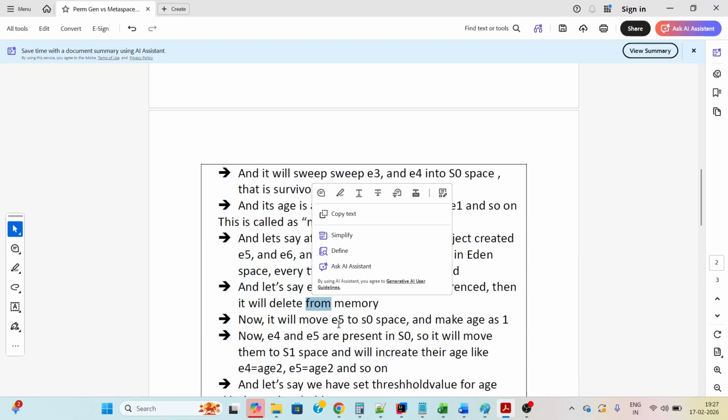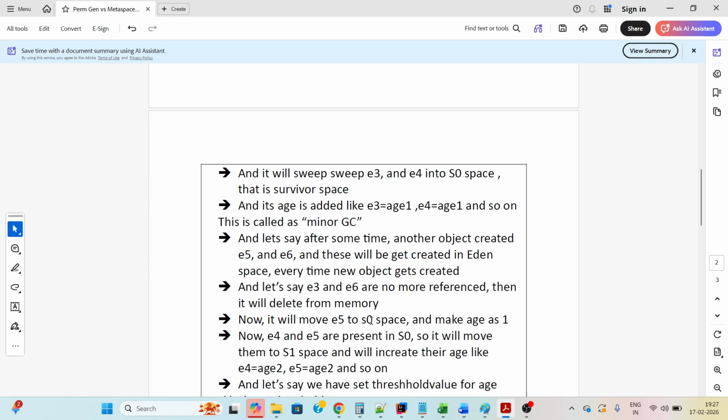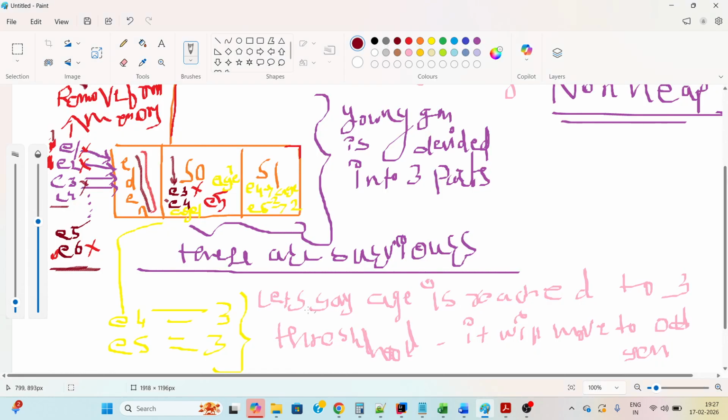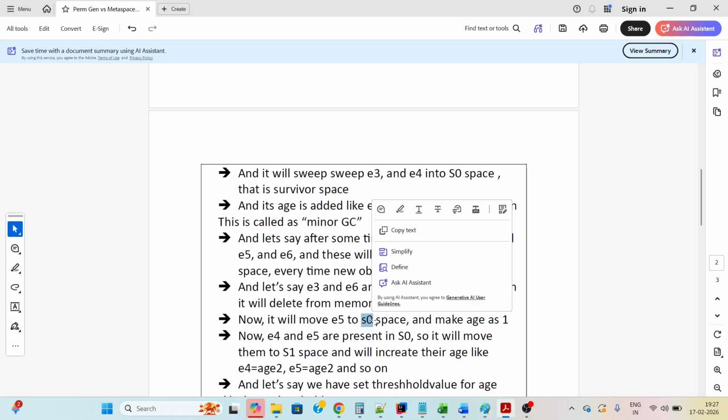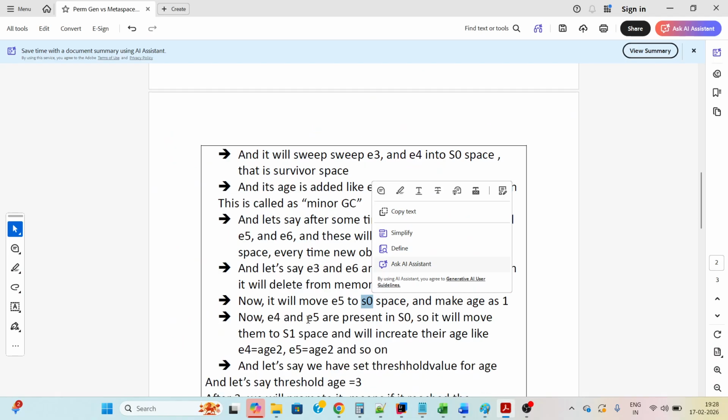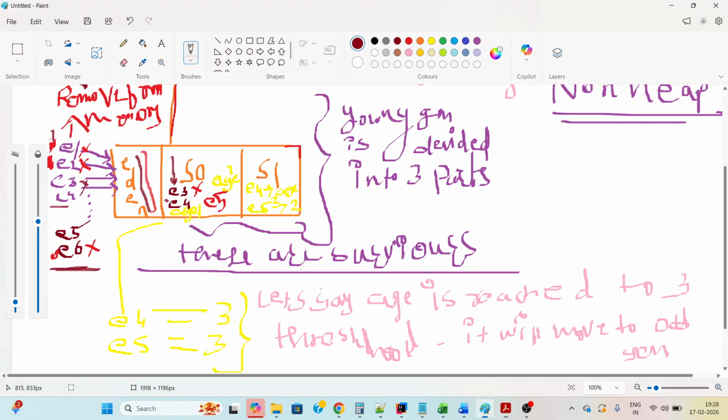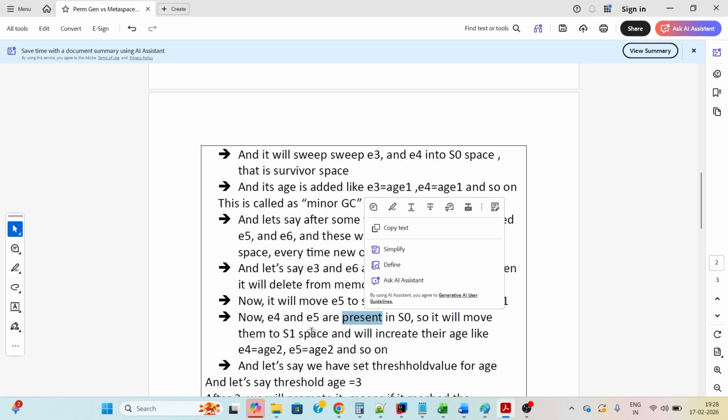Then it will move E5 to S0 space and mark its age as 1. Now E4 and E5 are present in S0.